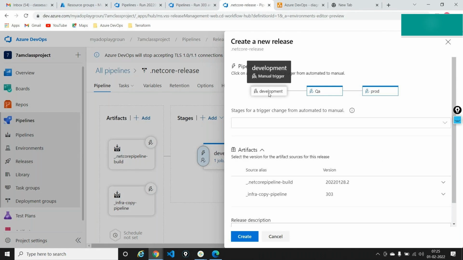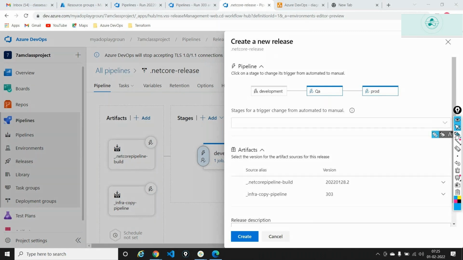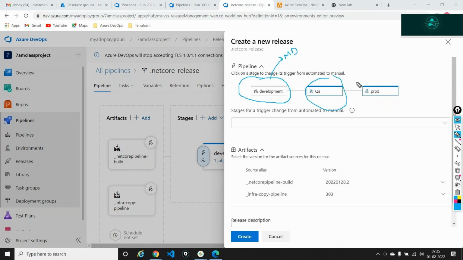see this is in a white color, this is blue, this is blue. The ash color means this is a manual deployment. The blue color here means that these are configured for a continuous deployment trigger. These are automatic in nature. Meaning what exactly happens is that if I say create,